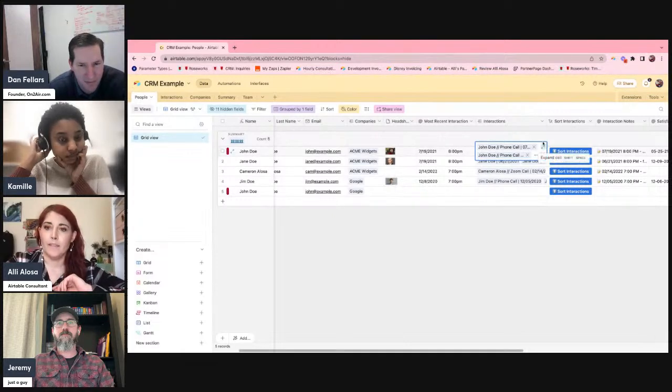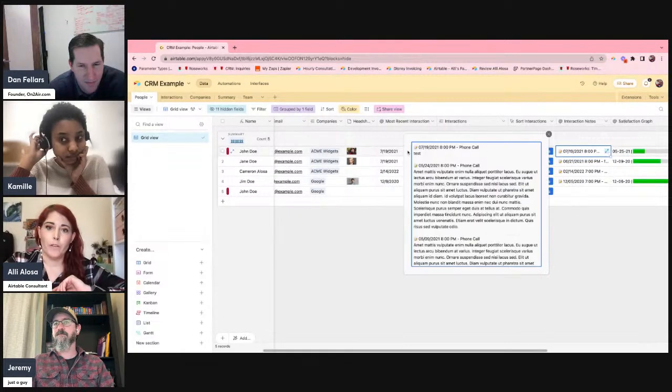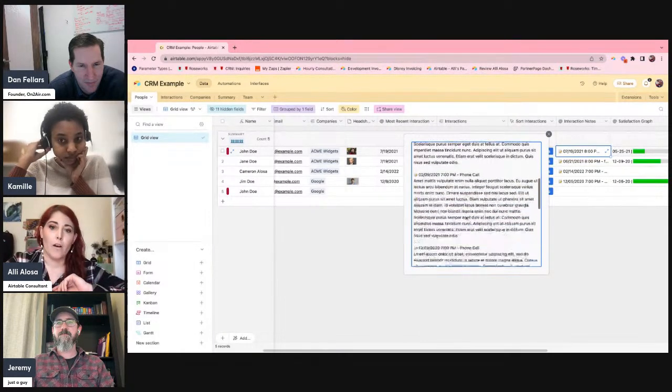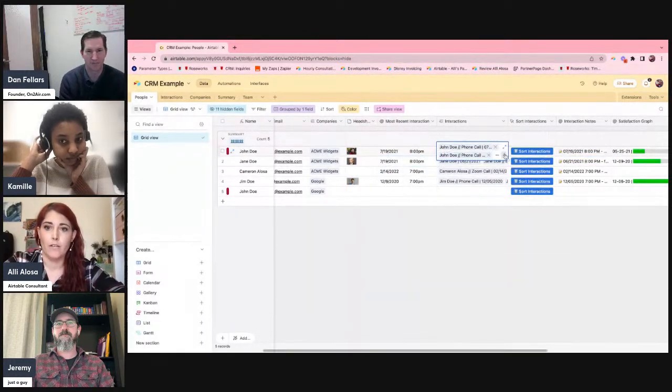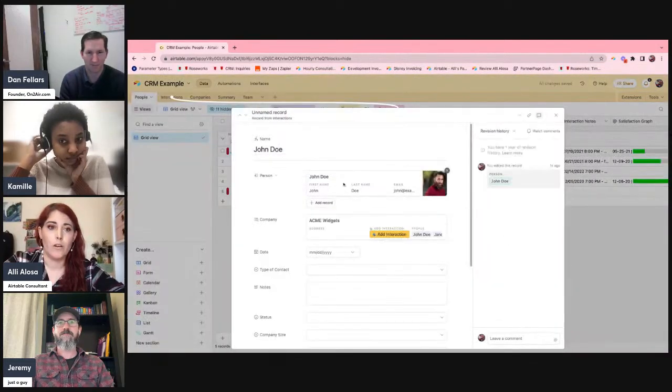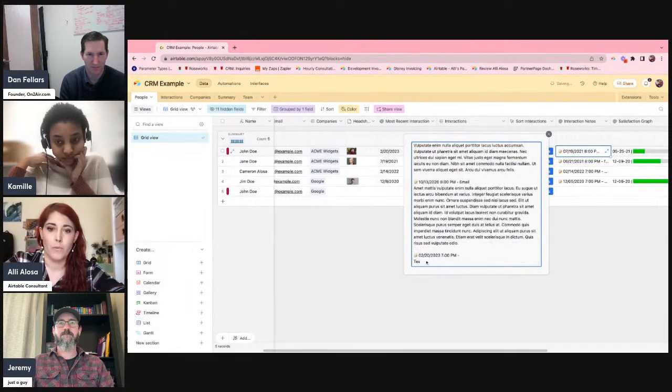And that has to do with the order of these linked records in this linked record field. So one cool thing I've got going on here is this roll-up field that's showing all the interaction notes, and they're each time-stamped. But you do have to scroll all the way down to the bottom to find the most recent ones. So if I add a new one for John Doe here, let's just put in today's date. Now, when I look at this interaction notes, it's all the way down at the bottom.